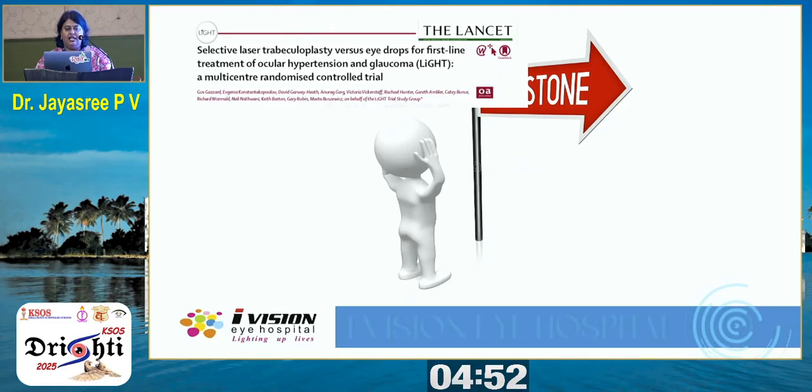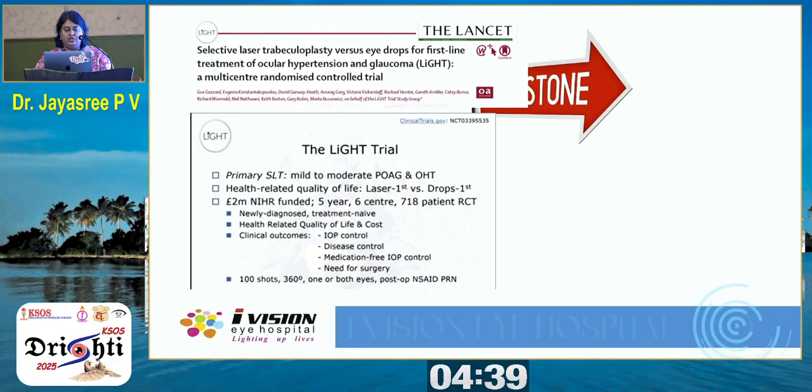It was this study, the LIGHT study, which is the selective laser trabeculoplasty versus eye drops as a first line treatment for ocular hypertension and glaucoma. It is a very well done study, a multi-center randomized controlled trial, which looked at the primary outcome being the health-related quality of life and the cost effectiveness, and the secondary outcomes like IOP control, disease control, need of surgery, and